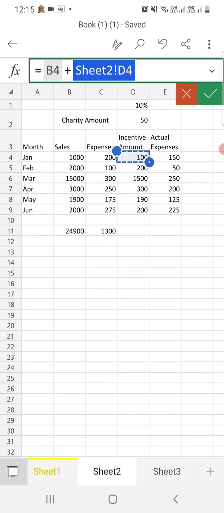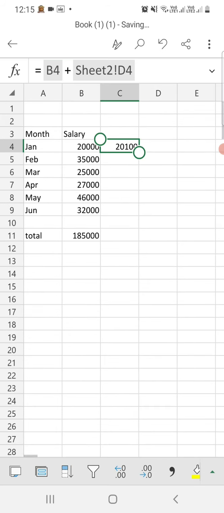Okay, so when we just select the cell, it will automatically show you the formula. To add the incentive amount of cell D4 of sheet 1 with the salary of cell B4 of sheet 2, press the enter key. So just now click on that right sign. You will get the data: 20,000 plus 100 from sheet 1, from the D4 cell.